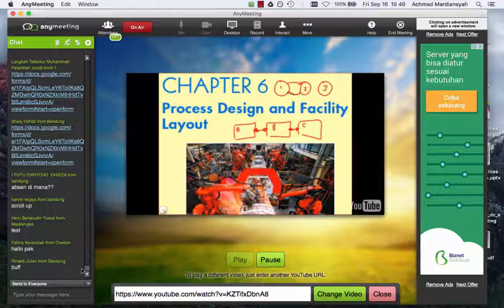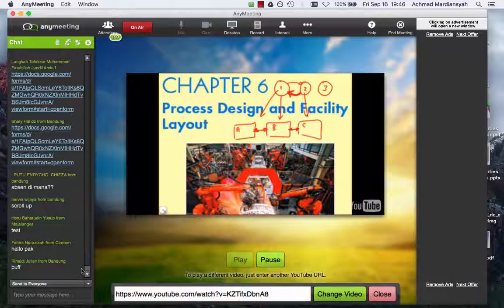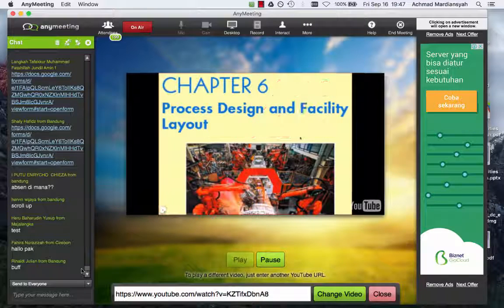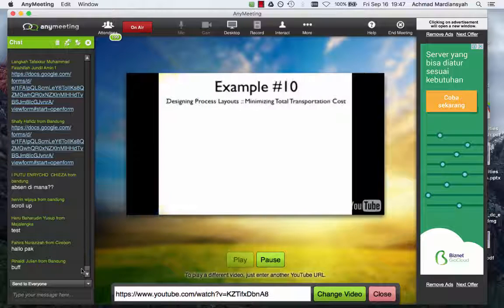And product flows from 1 to 2. It also flows from 2 back to 1. And as it turns out, when we see the numbers, we have twice as much product flowing this way as flowing this way. And how do we take these departments and assign them to these locations? To do so in a cost minimizing fashion. So that's what we're interested in doing. So we're trying to design a process layout to minimize the transportation total cost. This is example 10 from the textbook.